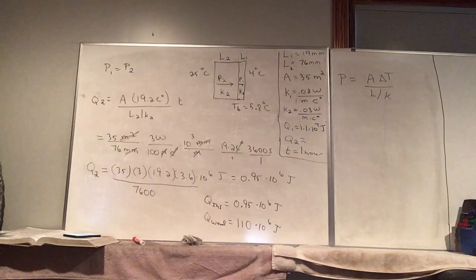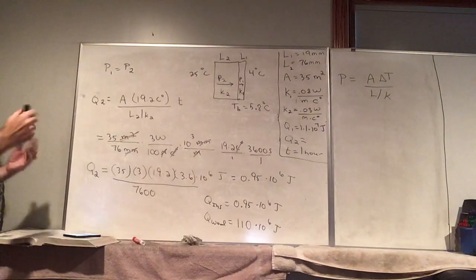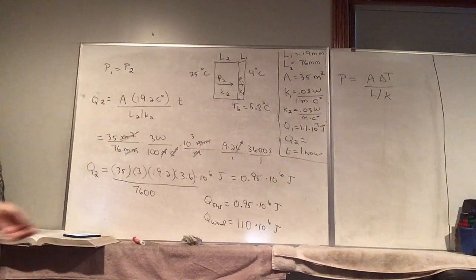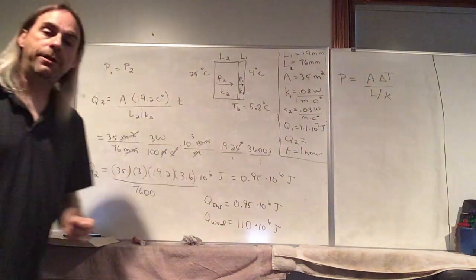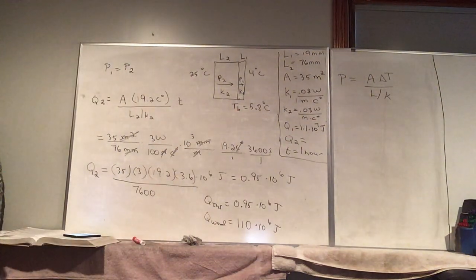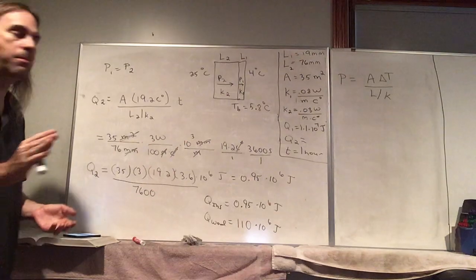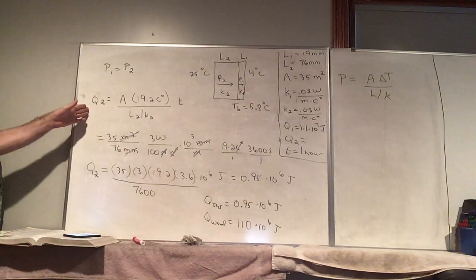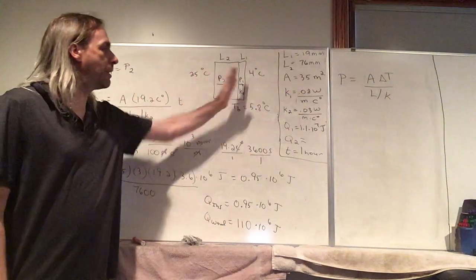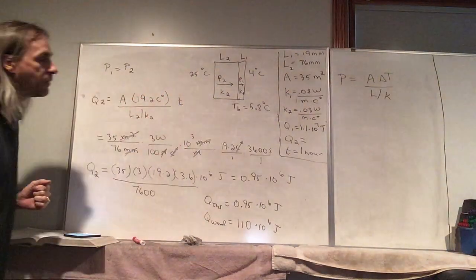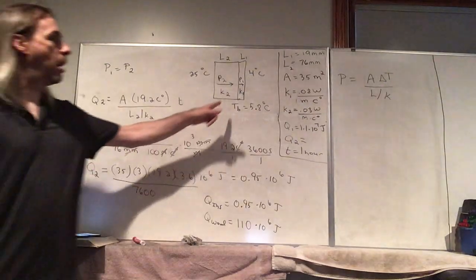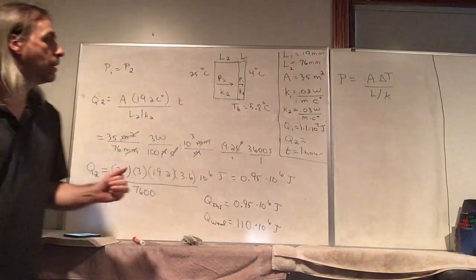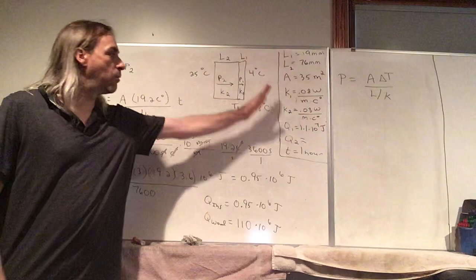Okay, now that was kind of a lot of work, and there's a nice way to bypass this. We had to find this boundary temperature first, but there's a way we can bypass that. But actually, before I get to that, we calculated Q2, the amount of heat in 1 hour that's going to pass through the insulation. And we could have just as well calculated Q1, or the amount of heat that passes through the wood in 1 hour,